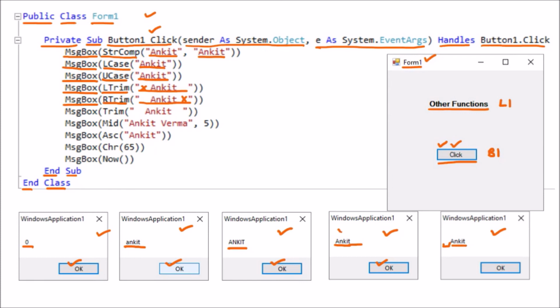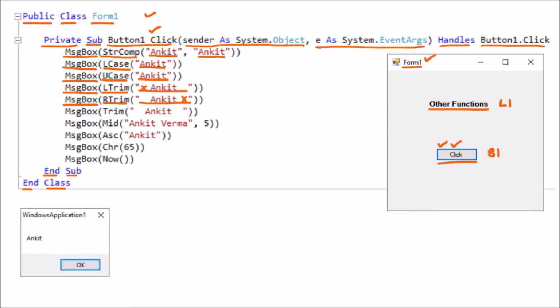We can compare these two. Here the leading spaces are removed. Now if we compare this, here the leading spaces are available. So that's why this name is coming slightly more distance as compared to the previous one. So now click on OK. Now here we are having the message box. So message box is displayed.